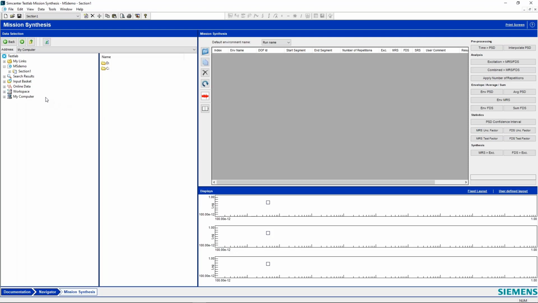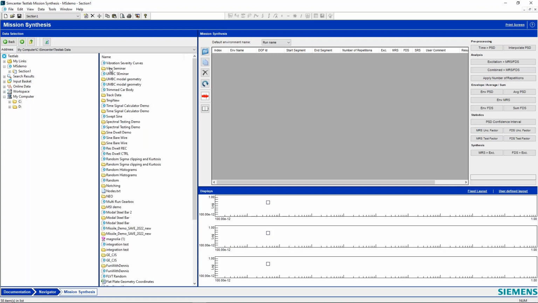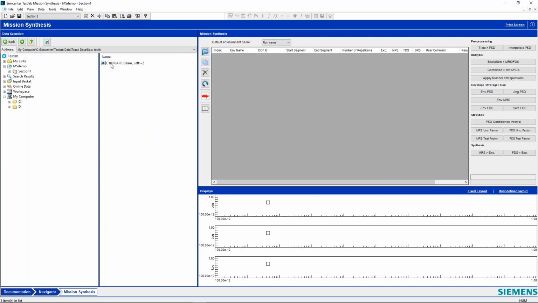So let's pull in some data here. I'm going to go into SimCenter Test Lab data, and I already have some data in here.